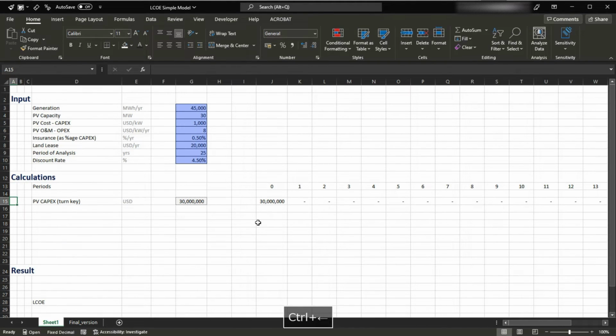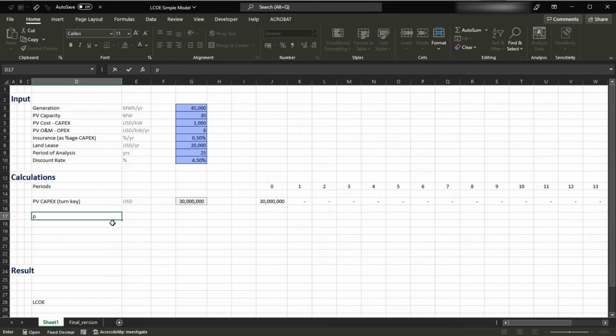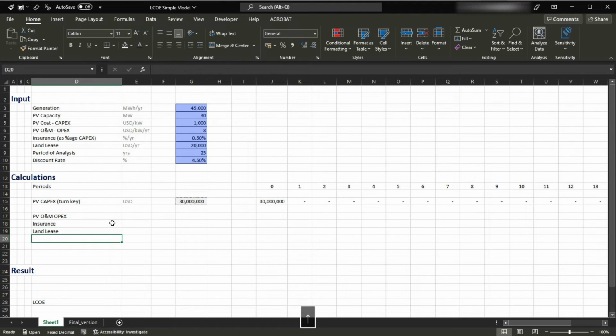Let me go back to the beginning here, and now let's go to the Opex. Next, we're going to plug in the Opex, okay? And what do we have as an Opex? We have the PV O&M Opex, sorry, let me fix that. We have the insurance and we have the land lease. So as we have three components of the Opex in here,